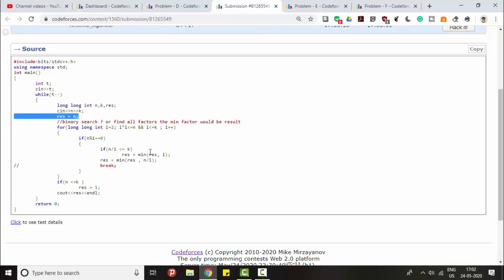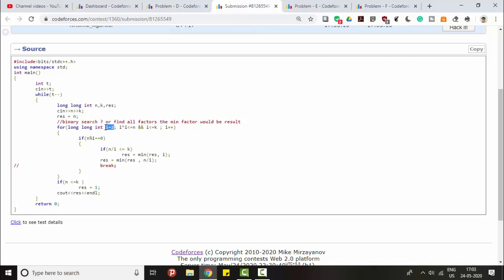Okay, so I want to satisfy my need of n shovels, and I'll now iterate from 2 to less than or equal to k, or when I have factors. Like, what do we have to do in this problem? We have to find all the factors.